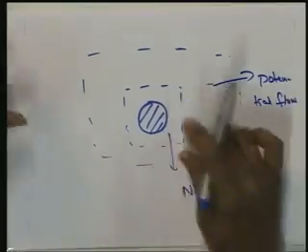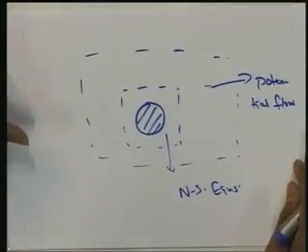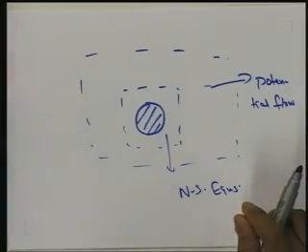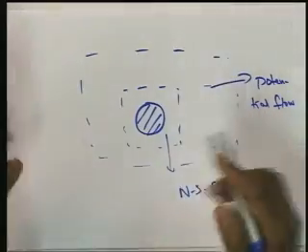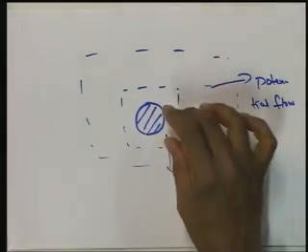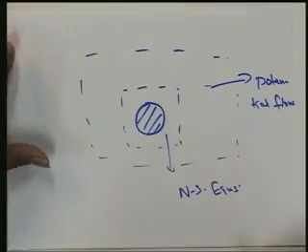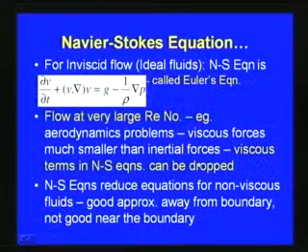This gives a better approximation, especially when we solve very large scale problems, and it gives a lot of advantage, since we can restrict the solution of the Navier-Stokes equation to near the boundary, and away from the boundary we can consider the flow as potential flow. So, for cases of higher Reynolds number, a good approximation is that away from the boundary we can drop the viscous terms, and near the solid boundary we will be solving the Navier-Stokes equation.